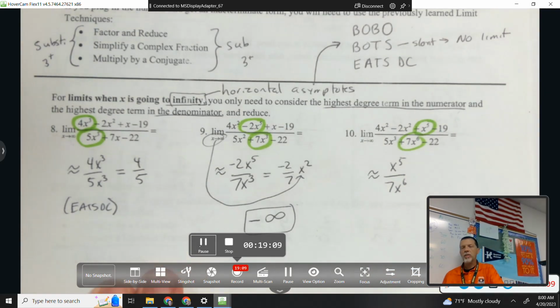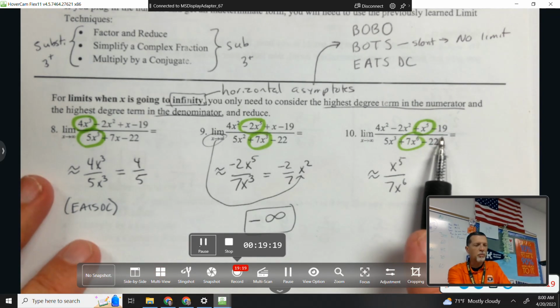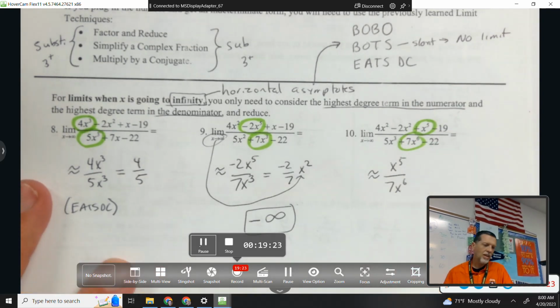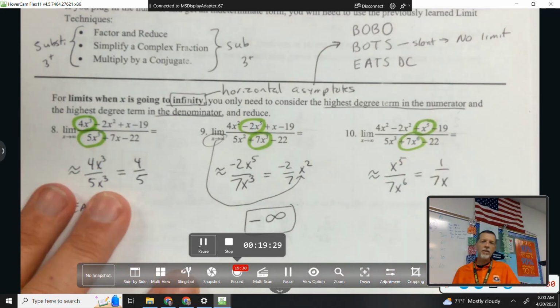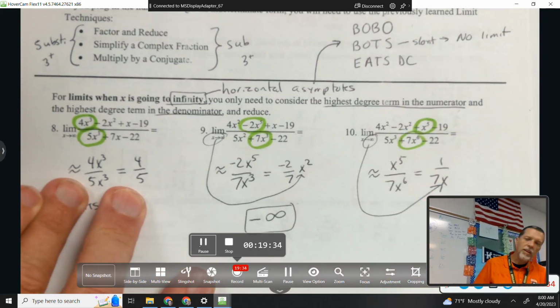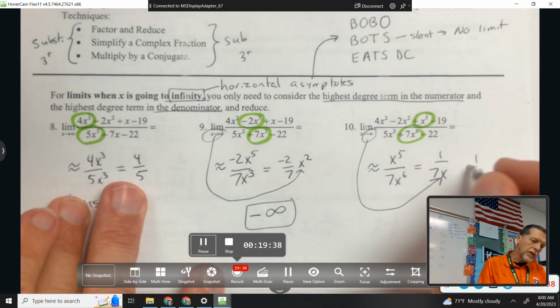All right, does it make sense why we can ignore the other? Because if you plug in a million, a million to the 5th is really big. Subtracting 19 is nothing. It's insignificant. Well, here the x's will reduce, and you'd have 1x in the bottom. And if you plug in infinity, 1 divided by a really big number is,